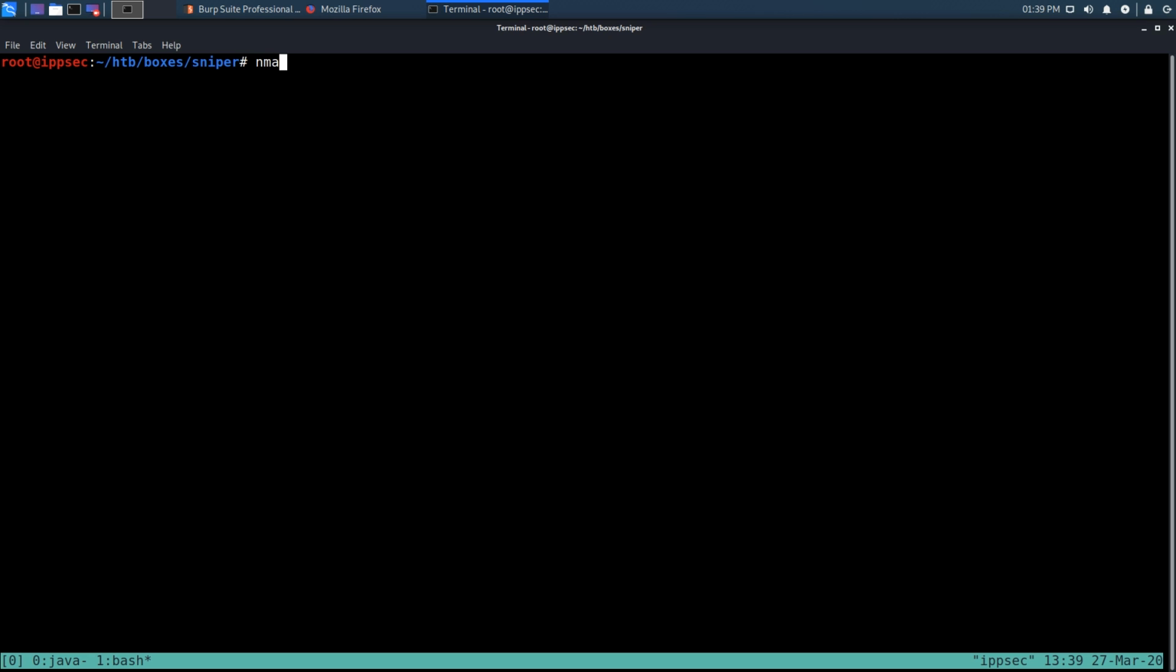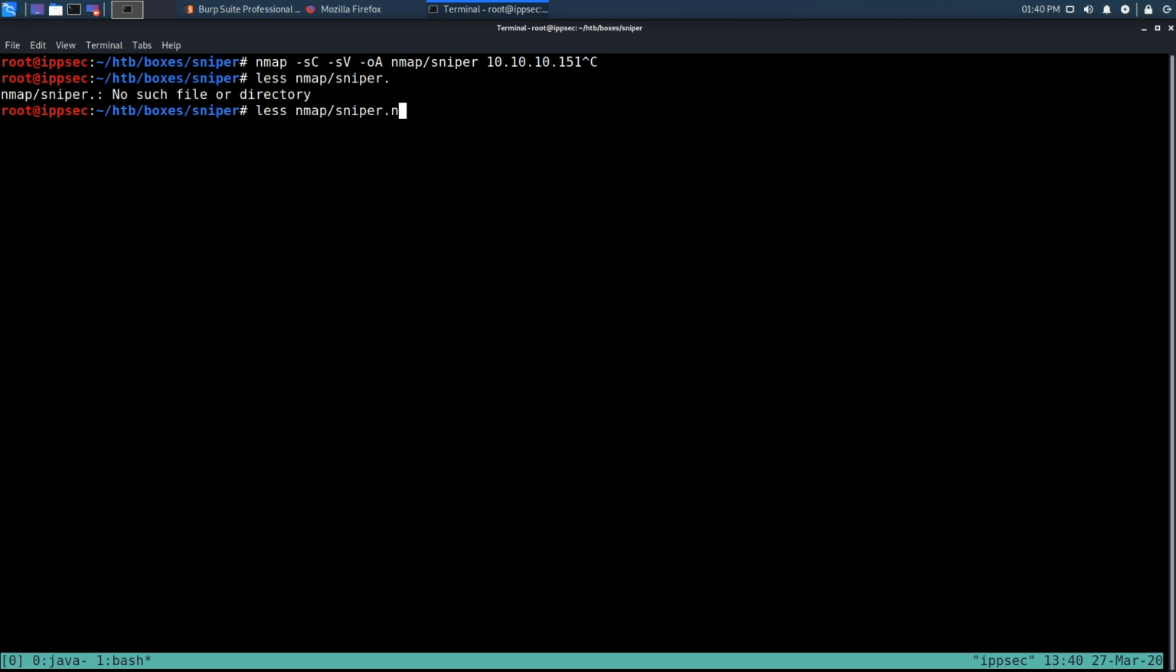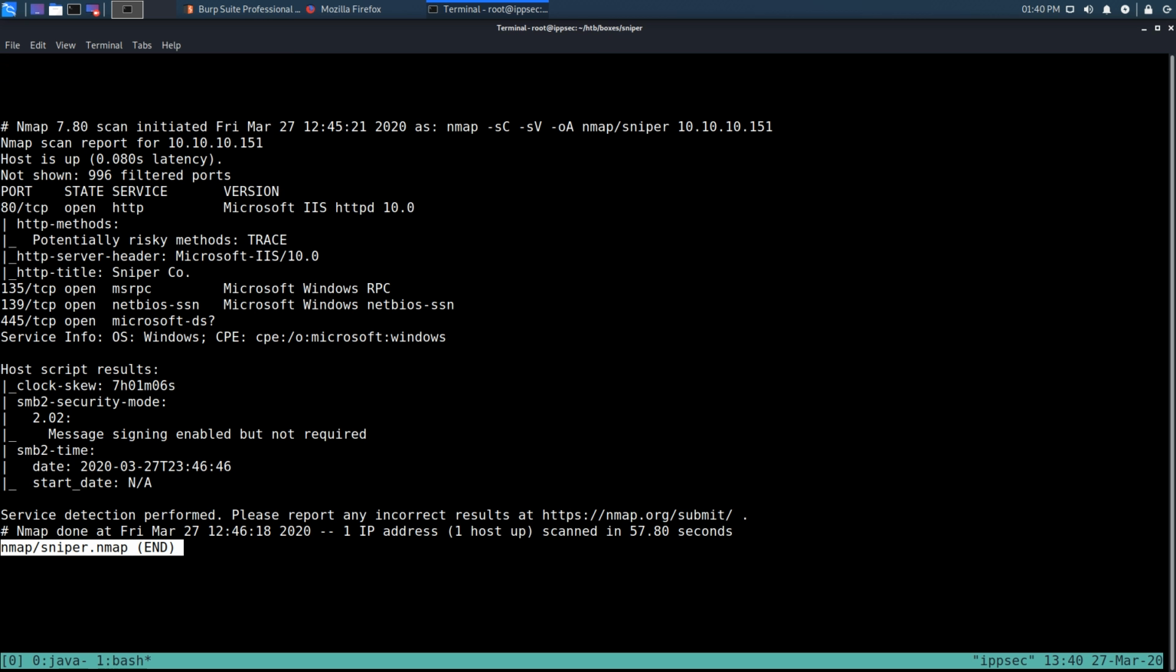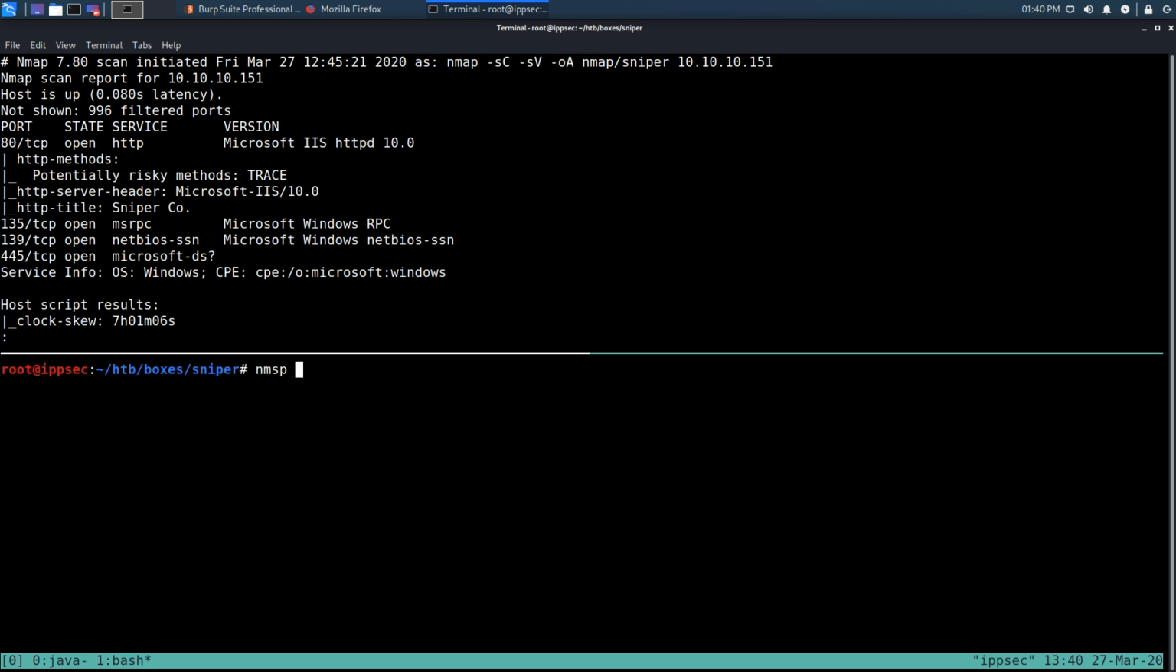As always, we can begin with an Nmap, so -sC for default scripts, -sV to enumerate versions, -oA to output all formats, put it in the nmap directory and call it sniper, and then the IP address, which is 10.10.10.151. It can take some time to run, so I've already run it. Looking at the results, we have a few ports open, but before we go over them, we should start up